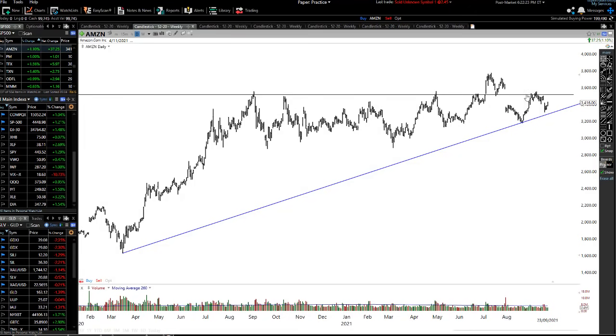And so as we can see on Amazon, we're getting a lot of sideways movement all through here. And look what's happening right now. We've had a bit of a pop to the upside and a little bit of a pullback. If we start to get that higher low, a breakout past previous highs,